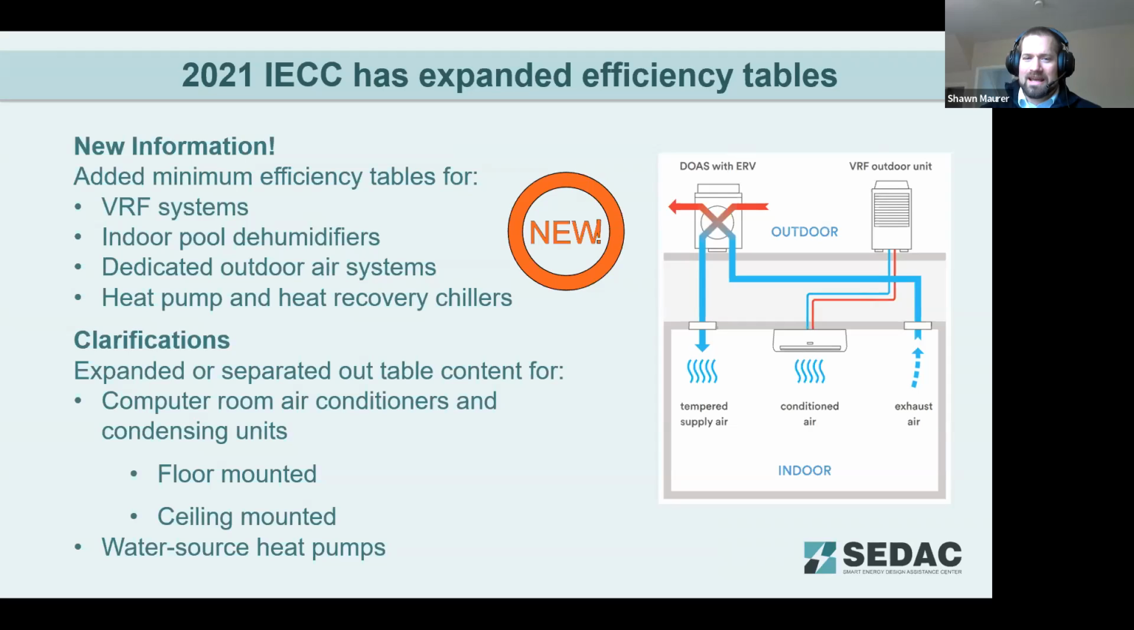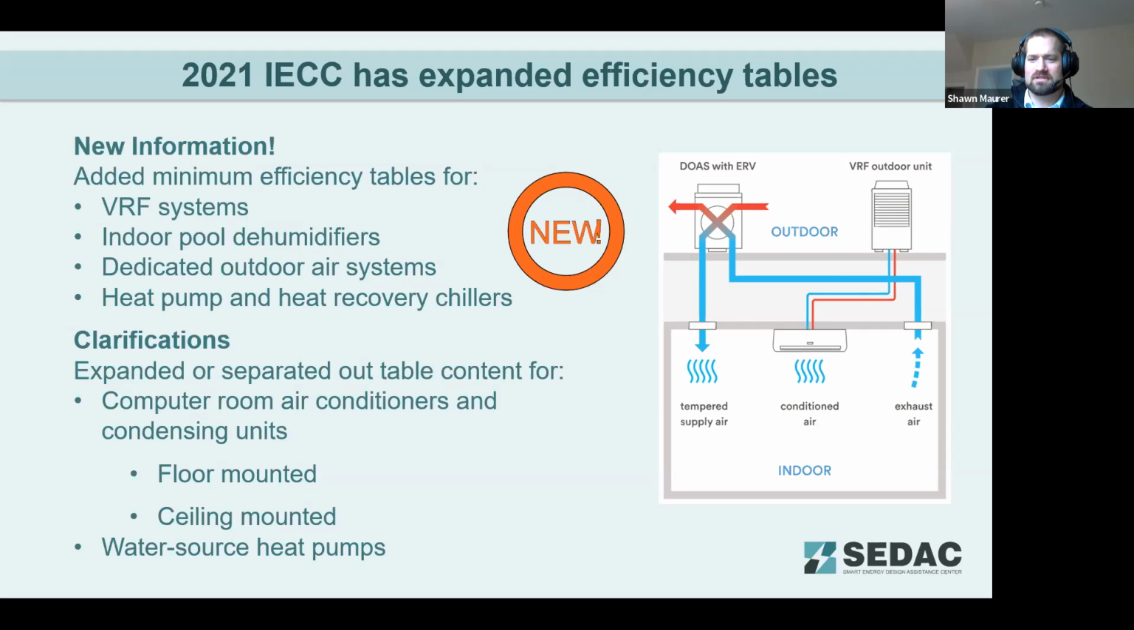The 2021 IECC has expanded their efficiency tables for multiple systems. So in the 2018 IECC, we only had 10 tables of different HVAC equipment types, and you had to meet those equipment efficiencies in order to be in compliance with the code in your buildings. But with VRF systems and hybrid systems, including DOAS,